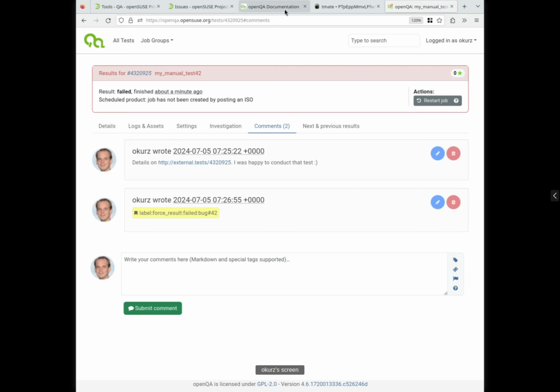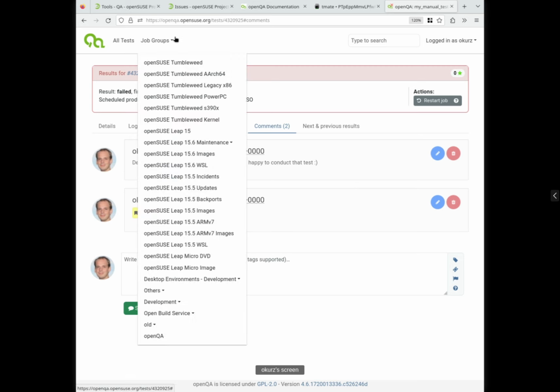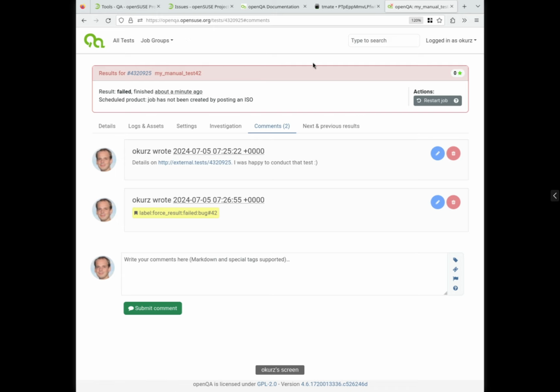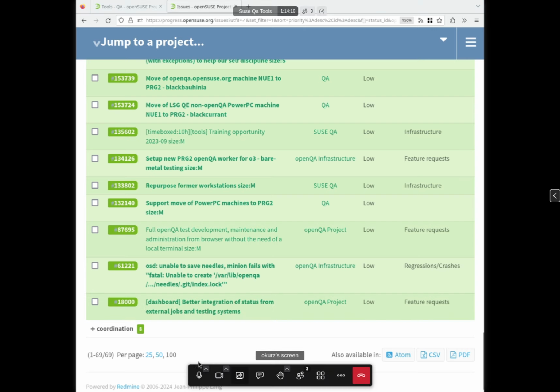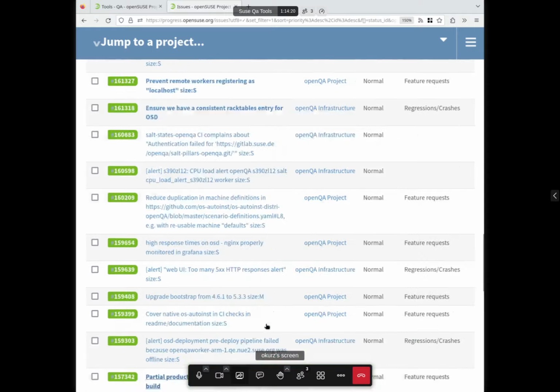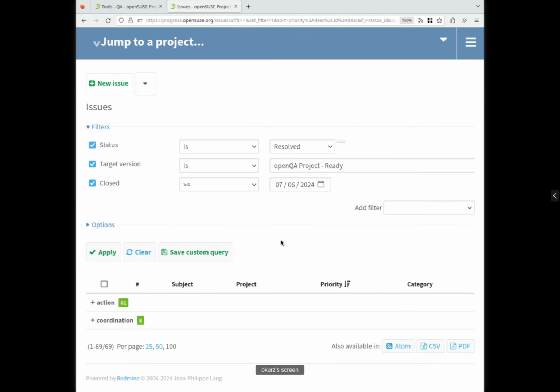Okay. So with that, it's possible to also use OpenQA as a test reporting platform, regardless how the actual tests are conducted, like a really simple API to be able to schedule tests, mark them, assign them to according teams, people, workers, whatever, and then set an according result, update result, provide comments and external details. So that concludes the resolved work that we did in the last period.